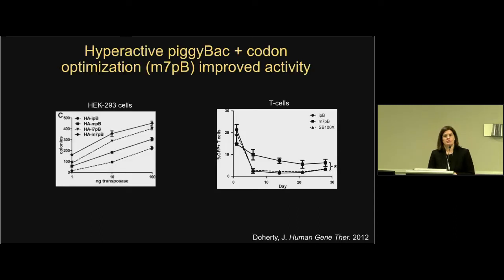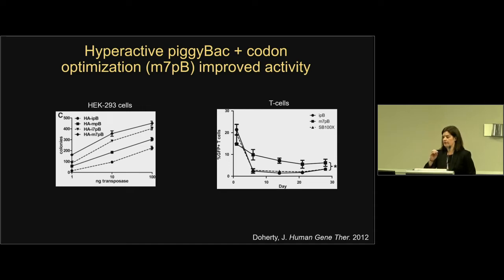Okay, so Nancy Craig's lab found this hyperactive piggyBac. They did a screen in yeast, and they looked at different amino acid changes. And they found 7 amino acid changes that, when combined, could create this hyperactive piggyBac. And so